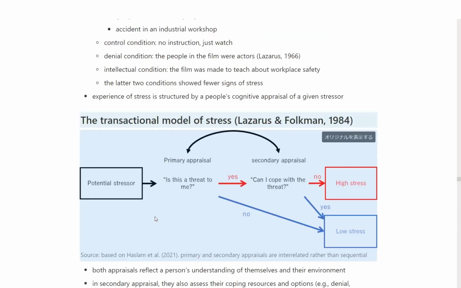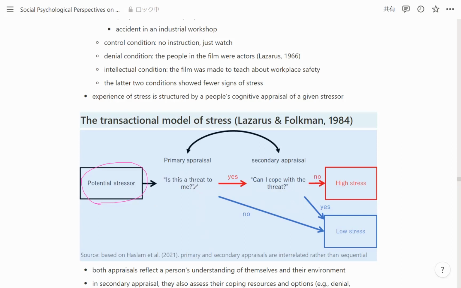So this is the figure of the transactional model of stress. So, potential stressor. In the previous example, you could say that the potential stressor is a film. And then if people believe that this is actually what happened, that this is a real accident that happened before, then people would see that, okay, this could happen to me as well, or maybe they take the situation as more real, and thus they would see it as a threat to themselves. And then